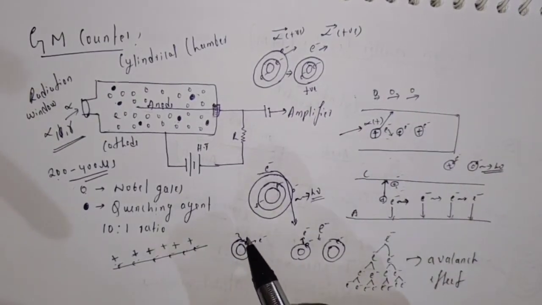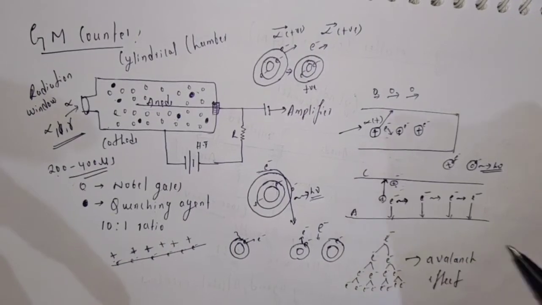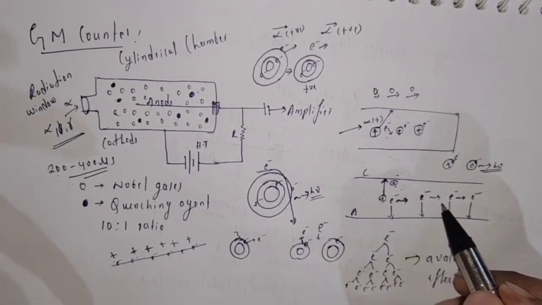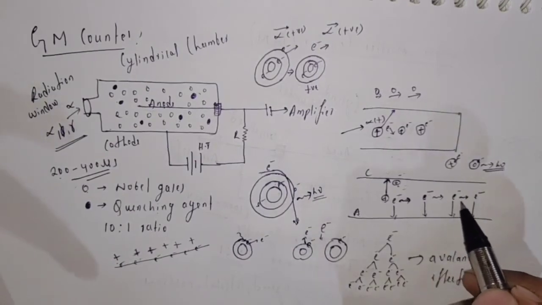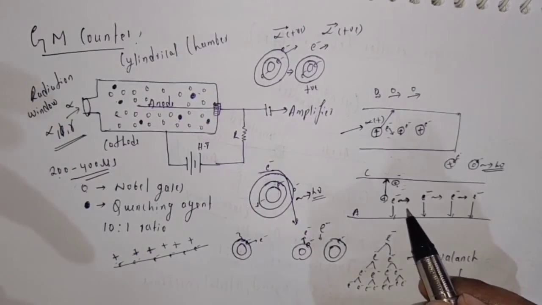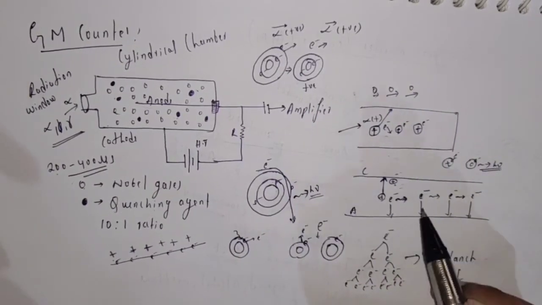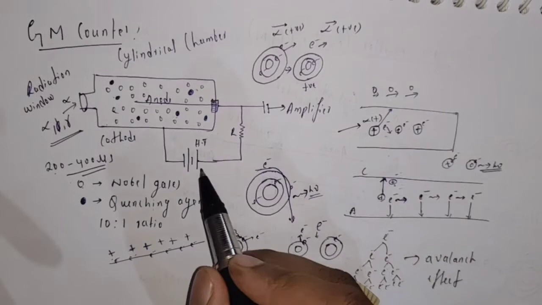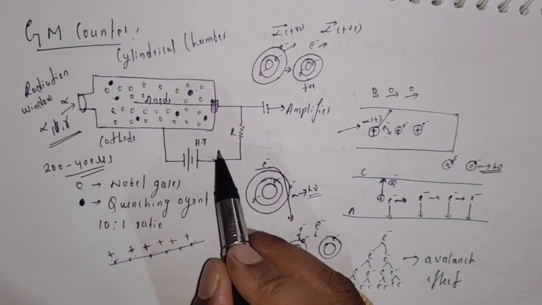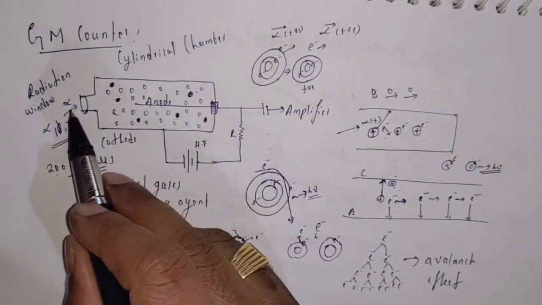Again, this photon interacts with a gas atom and produces an electron and a positive ion. This electron moves towards the anode, produces the avalanche effect, and because of the Bremsstrahlung effect a photon is emitted, and this process continues. Because of this single avalanche effect, a lot of avalanche effects are created in the cylindrical chamber, and we observe a change in the electrical signal. Because of this change, we are able to detect the incident charged particle.